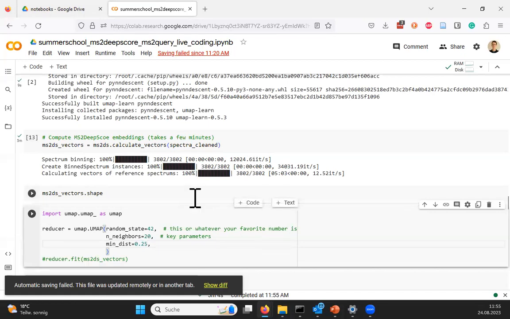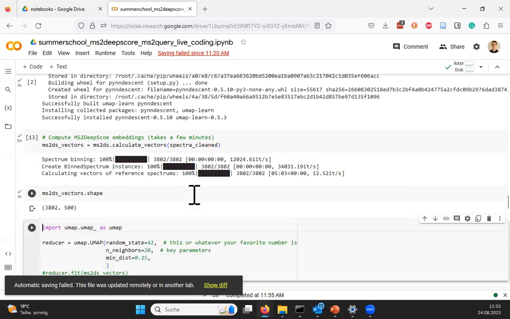Okay, so this is done, at least for me. And if I look at what I got, I got a number array with 3,800 rows, and each of them is for one spectrum, and they are 500 numbers long. So what we get, just to let you know what this vector looks like, or it doesn't look like,